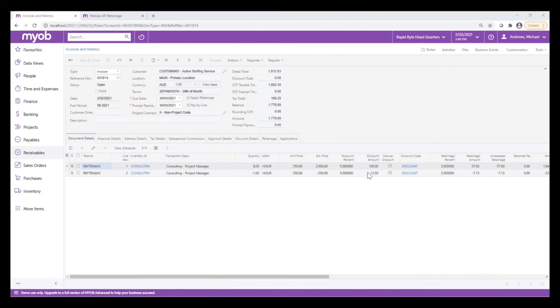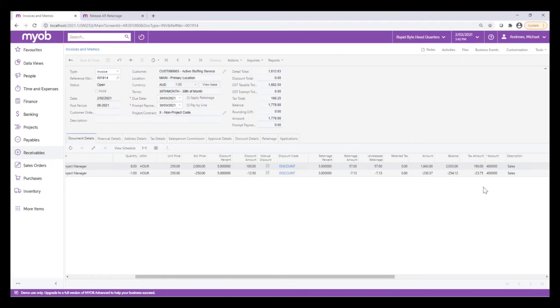The system processes these negative lines in the same way it handles the payment of a credit memo. That is, the total payment should be equal to or greater than 0. Further, when this invoice is paid, we cannot pay it in such a way that the amount outstanding is less than 0. That is, we cannot choose to pay only the positive line. Alternatively, we cannot pay it in such a way that the amount outstanding becomes greater than what it was before. So if we choose to pay only the negative line, the outstanding amount would be 1843, which would be more than what it was outstanding earlier. These are the limitations which one has to be mindful of.